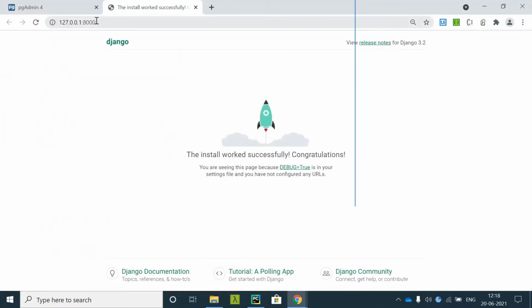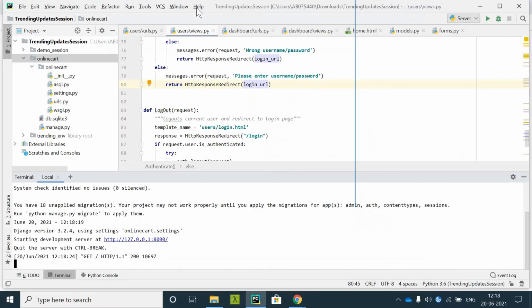Now once you run the server, you should be able to see this. This is our first look at Django. Now we'll start making changes to this, as we also discussed in the previous session.